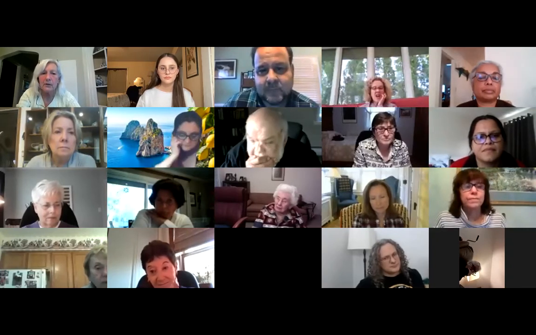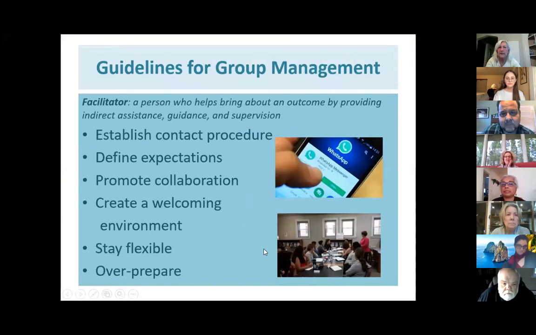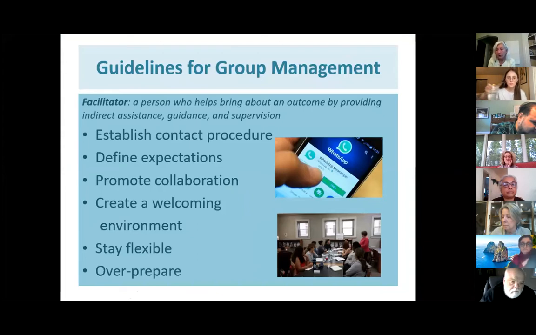Okay, so let's see if maybe we can sort out what to do about some of those things. First of all, in terms of your role, it's a little different in a group, right? You're more of a facilitator. Part of that role is to impart knowledge, but part of that role is to encourage your students to share their knowledge, experiences, and information in a way that raises the level of learning for everyone in the group.